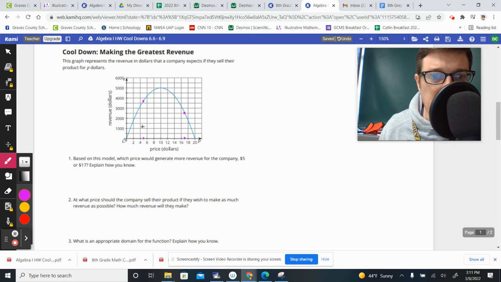The one that's higher up on the y-axis is greater, and that would be the one when x is 5. So, we're going to say $5, and we're going to say that when x equals 5, the revenue